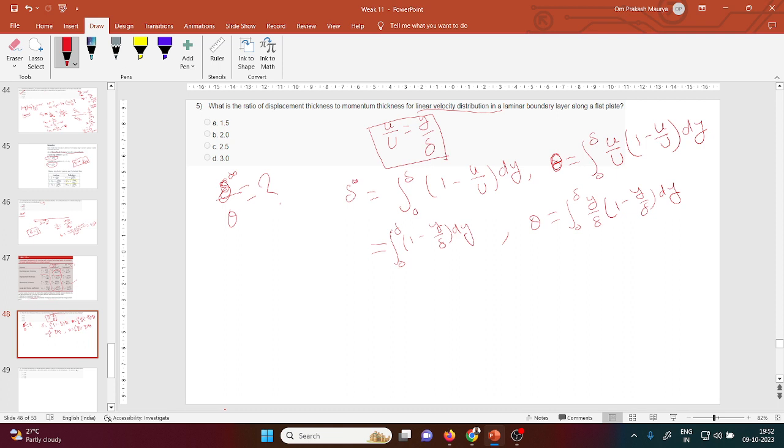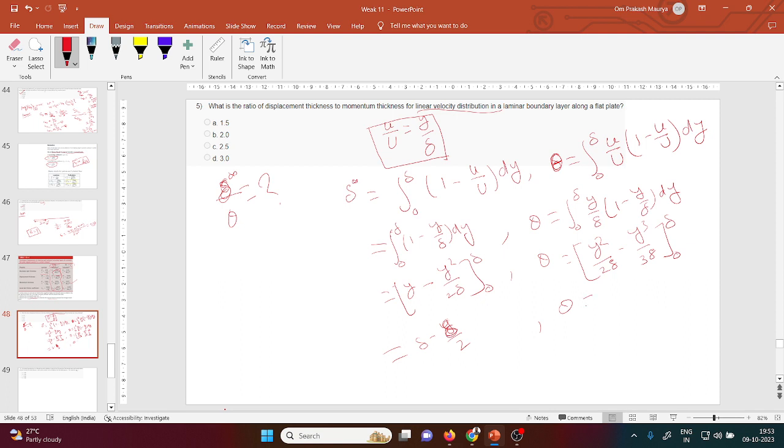If you solve these, what will you get? Delta star is y minus y square by 2 delta between the limits, and theta is y square by 2 delta minus y cube by 3 delta between the limits. After solving and putting in the limits, you will get delta minus delta by 2,